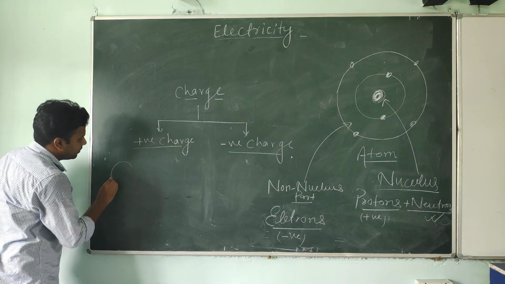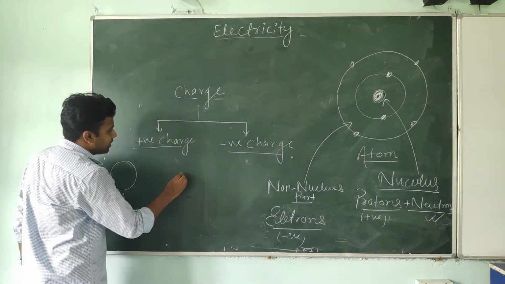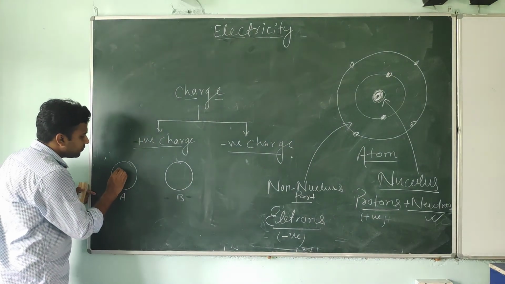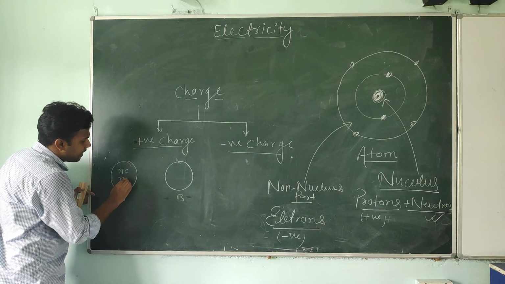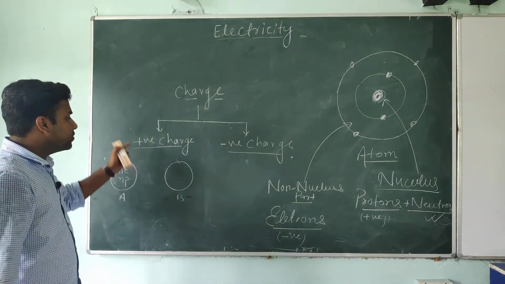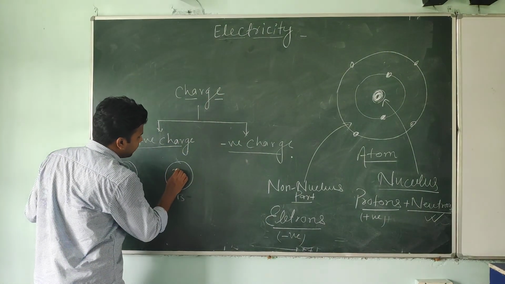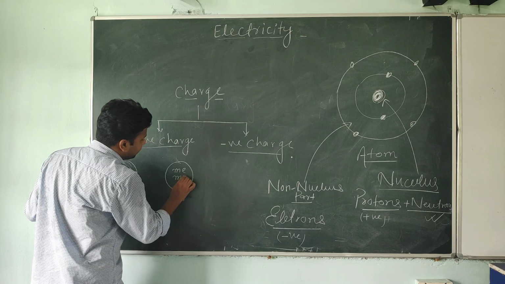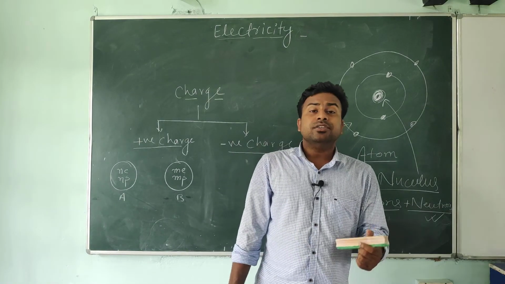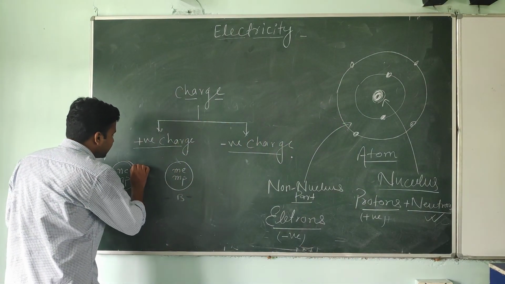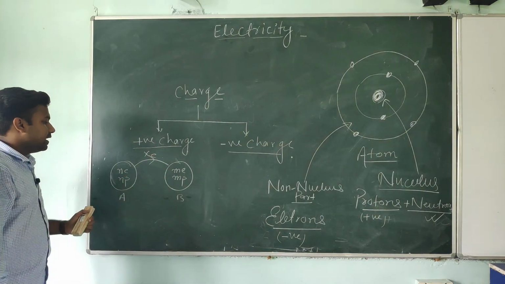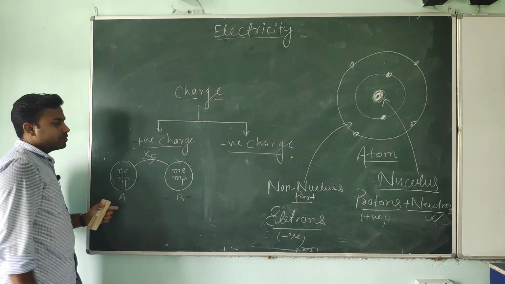Look at this, students, I am taking an example: this is particle A and this one is particle B. A has n number of electrons and n number of protons, the same number of electrons and protons, which means it's a neutral particle. And this one has m number of electrons and m number of protons, so initially particle A and particle B are both neutral. Now what is happening: A is supplying x electrons to B. A is giving x number of electrons to B.